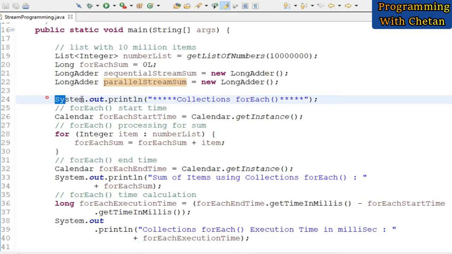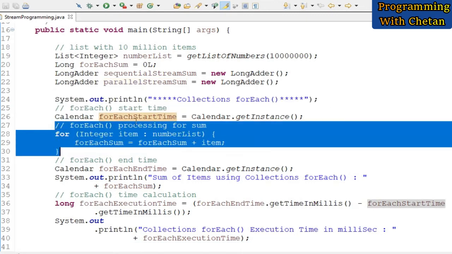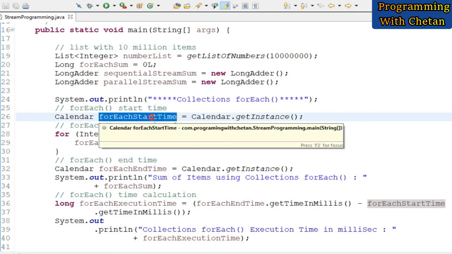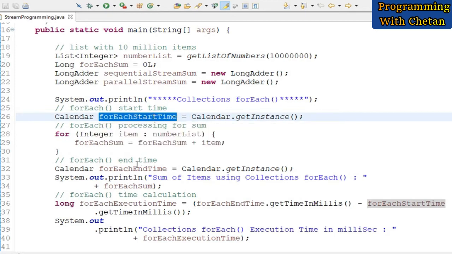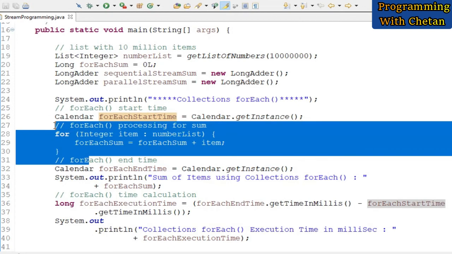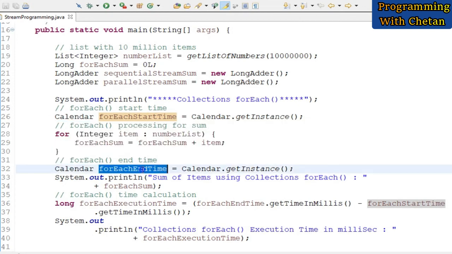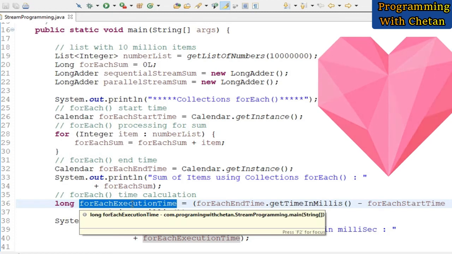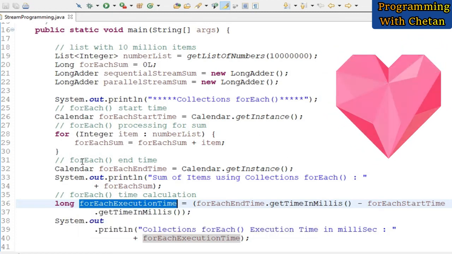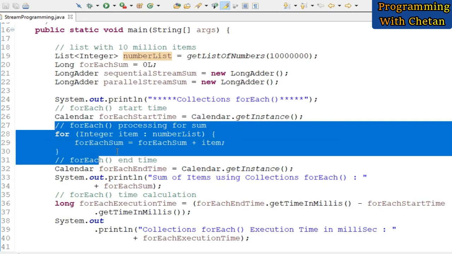Now let us first see our for each loop. Before starting our iteration, I am calculating the start time, and after completion of our for each loop, we have an end time. By using this start time and end time, we can find how much execution time the particular iteration has taken. So this is our for each loop.